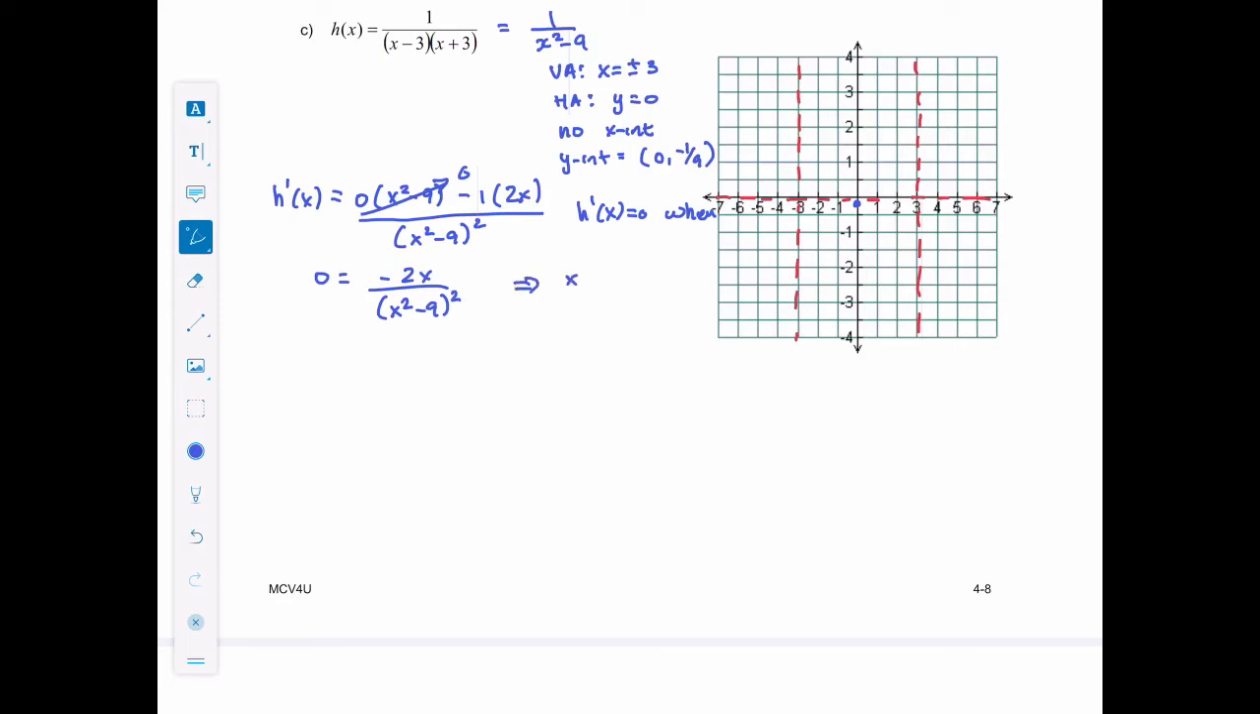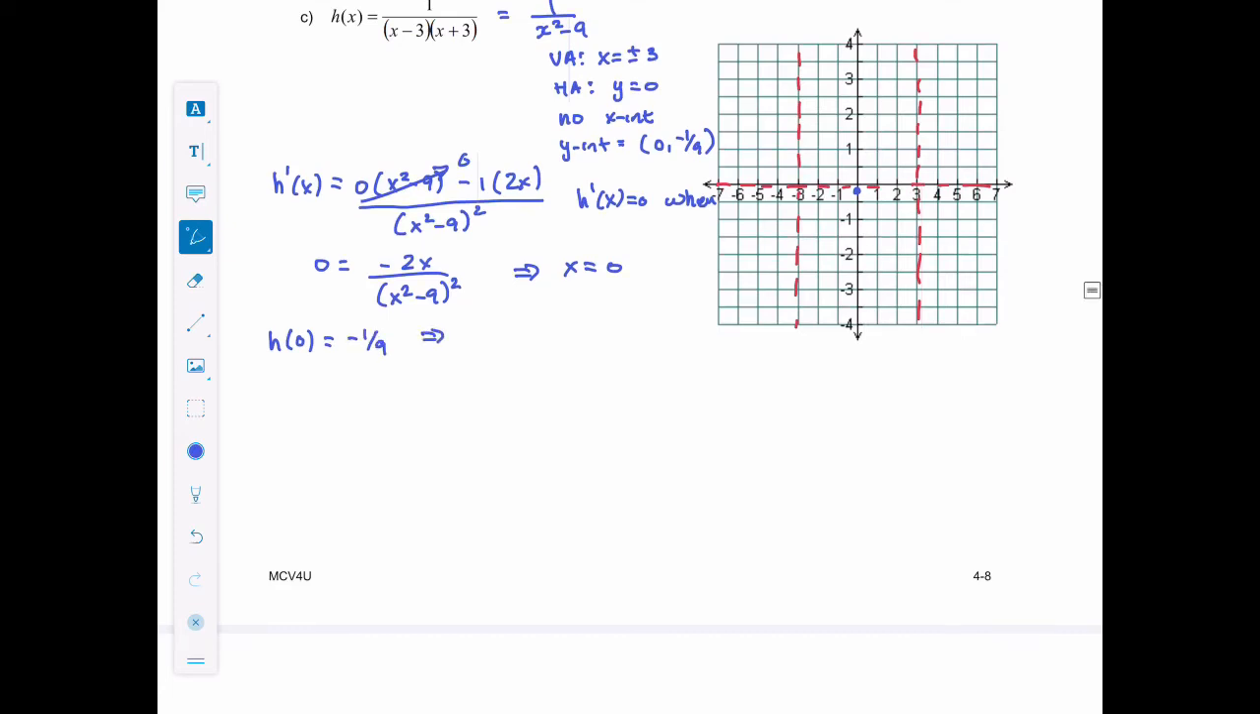We know that x in this case could only be 0. If I plug in 0 into h and solve for it, we know it's going to be our y-intercept that we solved above, so there it is. So that means we're going to have (0, -1/9) as a critical point. Since that's the only critical point, we're probably going to have to obey the rules of asymptotes. Hopefully